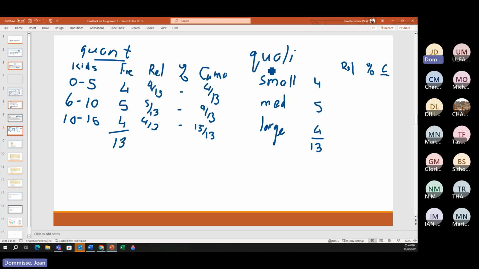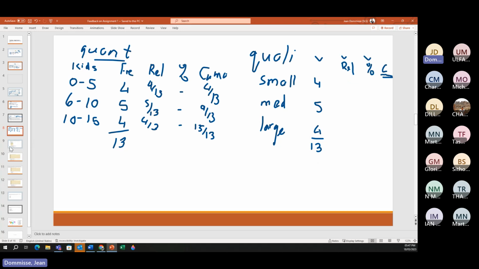At least here I could have said 10 or less kids. Here it doesn't really make sense to add the cumulative, but I still have frequency, relative, and percentage